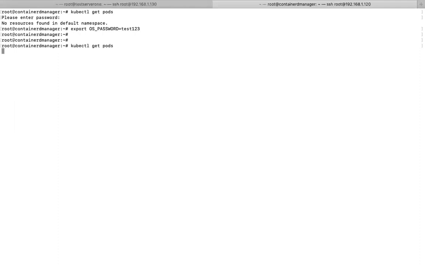Now, kubectl get pods. It is asking you a password. Okay. Let me enter the password 123. You can do in this way. If you don't want to save your password in the file, this is the better solution. Or else export OS underscore password. Good point, actually, you raised it. So test 1, 2, 3. You can do like this. No need to pass it actually. Okay. These are the two ways to avoid saving the password in the config file, which we generally don't do. We should not save the password. Okay. Done? Yeah.